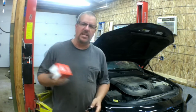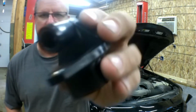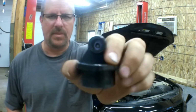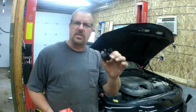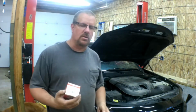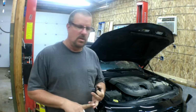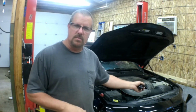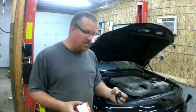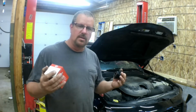So, we're going to talk about PCV valves. Specifically, this PCV valve. It's weird looking, right? So this is for a Pentastar 3.6. Any Chrysler minivan, Jeep, or like this Chrysler 300, they have the 3.6 liter. It's called Pentastar. And this particular car is here because it's got an oil consumption problem, meaning I pulled the